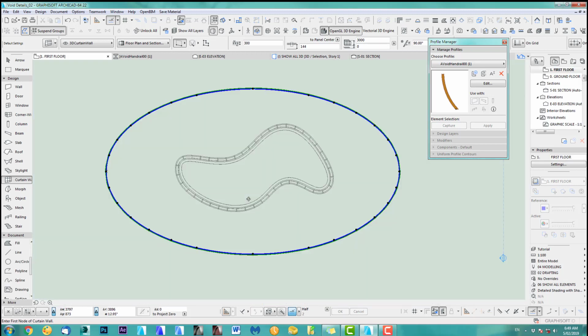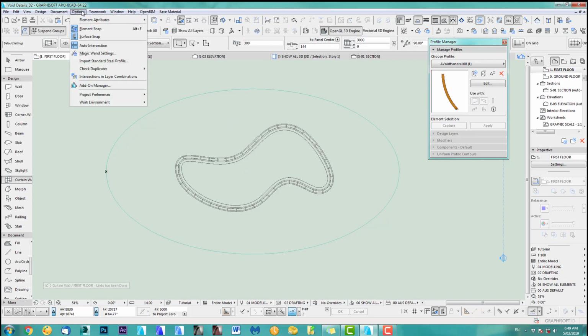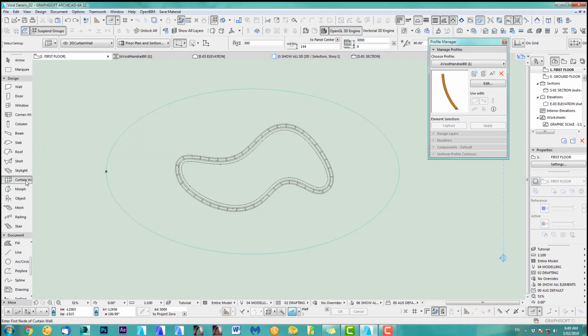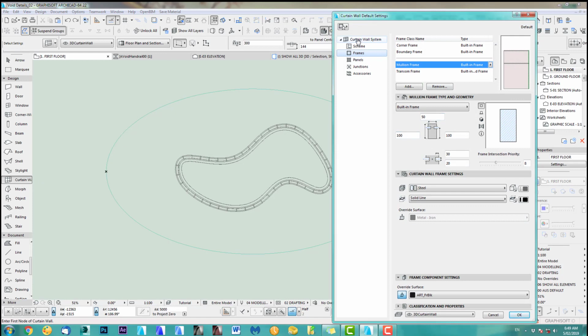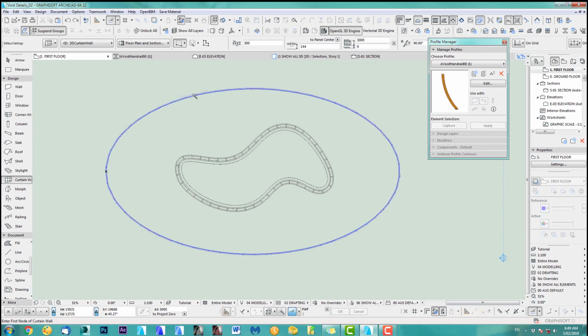So what you have to do is, let's just undo this step and we go back to our magic wand setting. And the best way to do is you go to linear segments, use them and tell them, I want them all 2 meters wide. Just as I had here, remember I put 2 meters in, go back here to my screen, there you go, it's 2 meters. So if I click now,